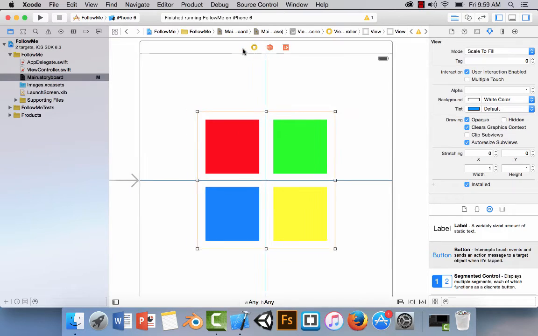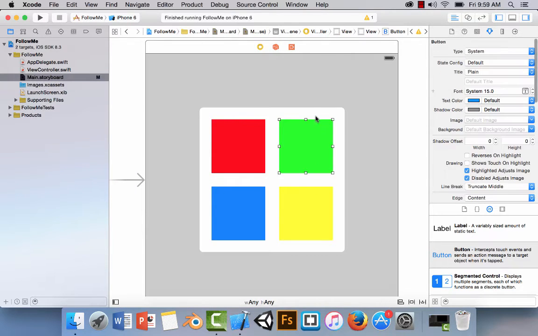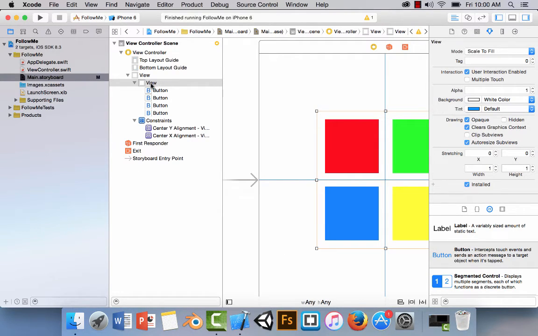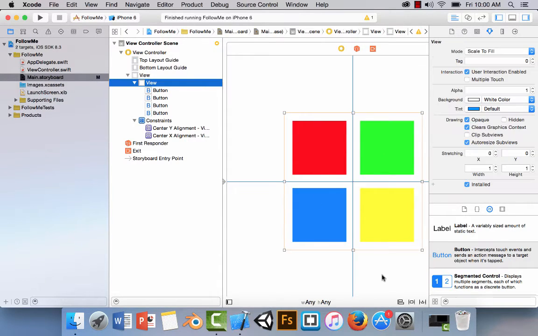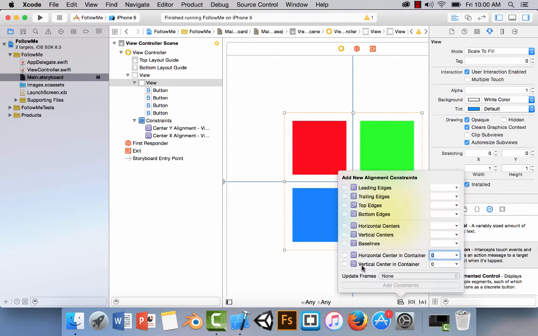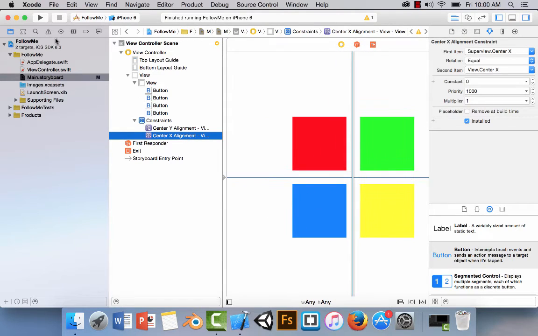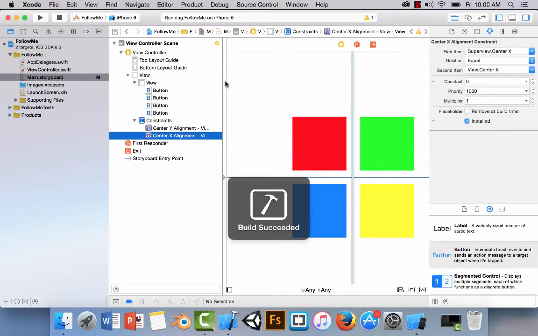All right, so all I did was I went back and made sure that I clicked on my window, my container, the container itself, so that I'm sure that the container is selected. I opened this up too. If you're on view, so now you're in the view container, if I'm on a button, obviously that's bad, so I want to go on view. And then I went in here and I added my constraints. And now I just have one for both. And now when I run the simulator,